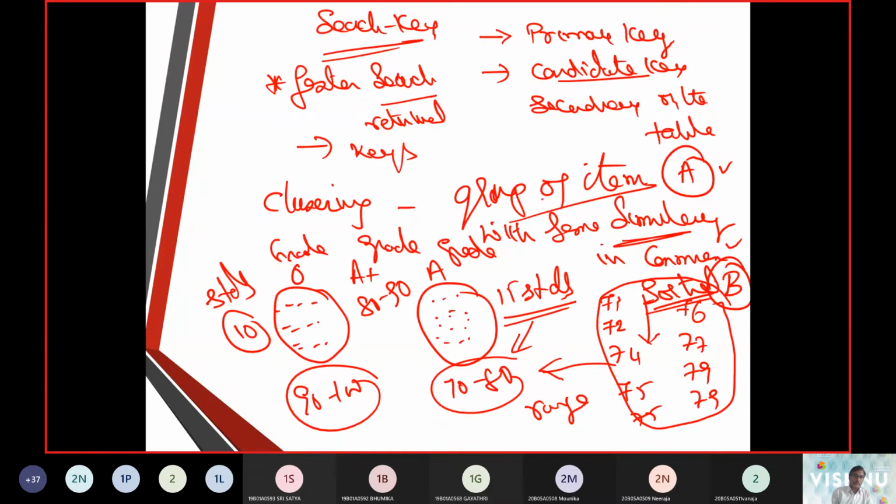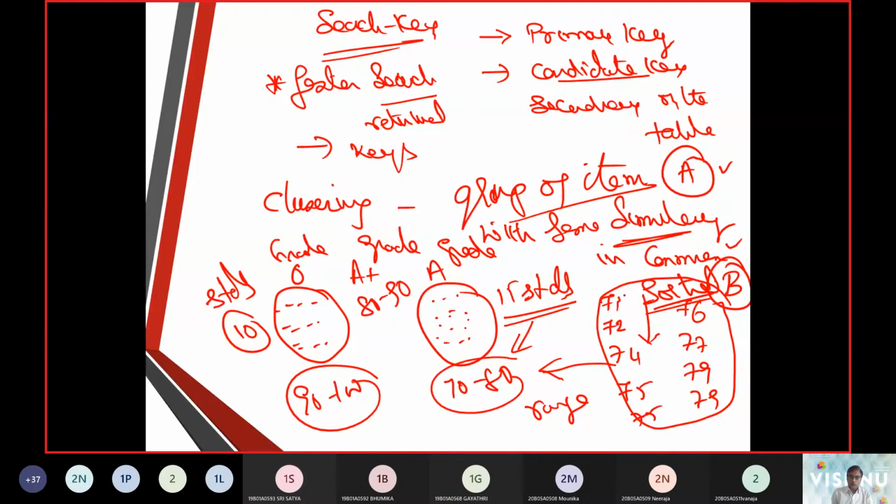We mentioned that a cluster is nothing but a group of items which are similar. For example, we have O grade, A plus grade and A grade. Assume A grade students get 70 to 80 marks, and there are 15 students in that.